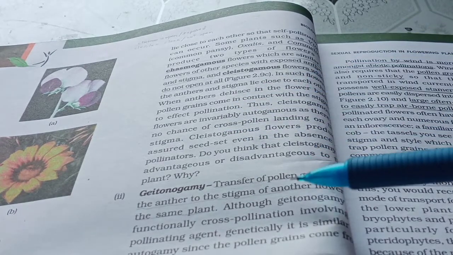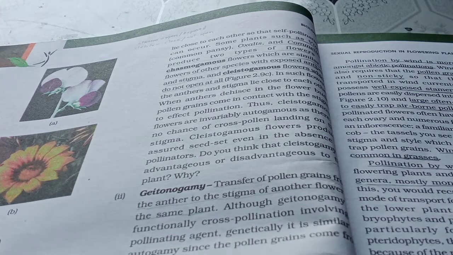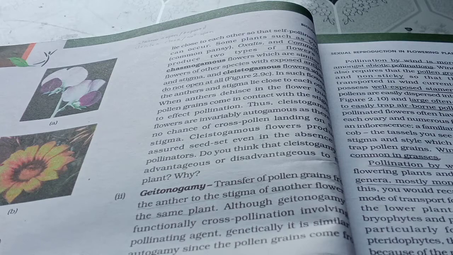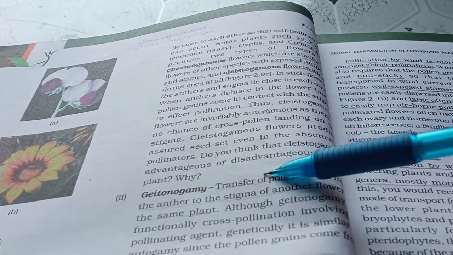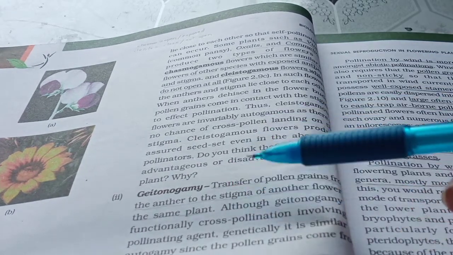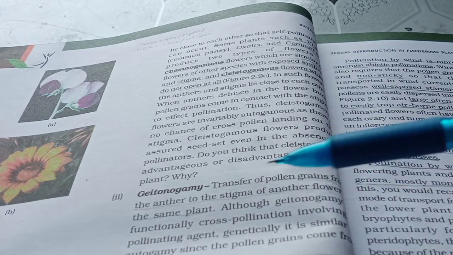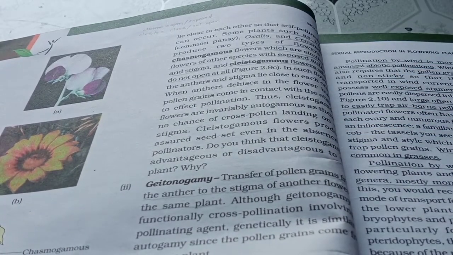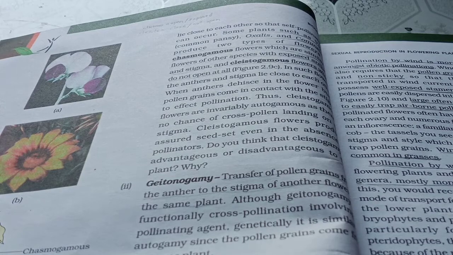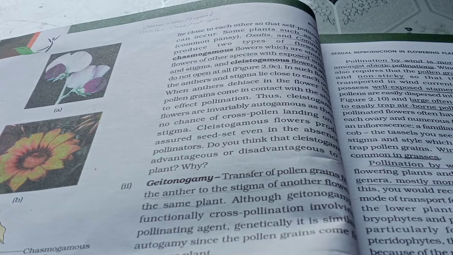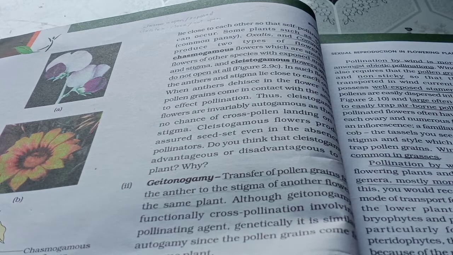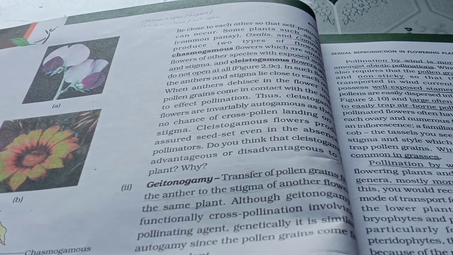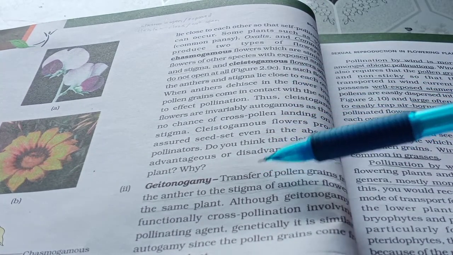Okay, and next let's go to geitonogamy. So first we already did autogamy, and now we'll go to geitonogamy. What is geitonogamy? Transfer of pollen grains from the anther to the stigma of another flower of the same plant. How many flowers does a plant have? It might be different. Some plants may have only one, some plants may have only two, and some plants will have multiple flowers, countless flowers, right? So for geitonogamy, it will be